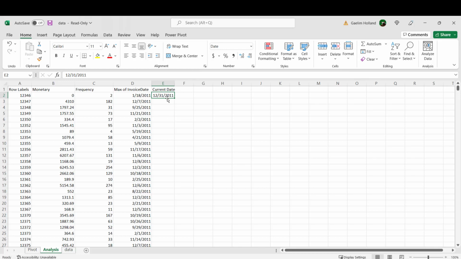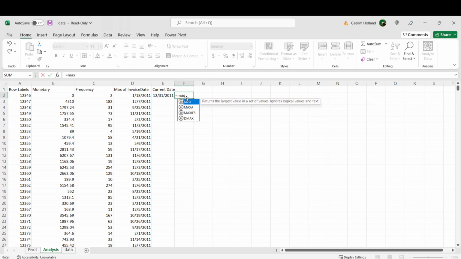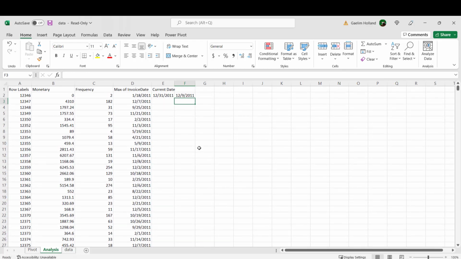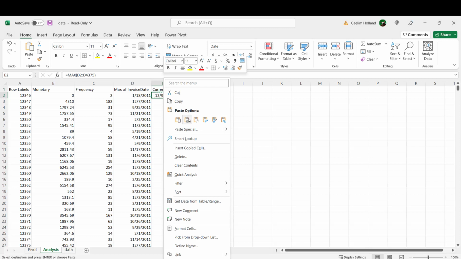And what I could do also is go here and we could find the max date and use that. But let's just get the max date anyway of our max invoice date. So if I go here and I highlight all of that, I'm just curious to see what that max date is. 12/9. So we can use either one of these. Let's use 12/9 for ours,